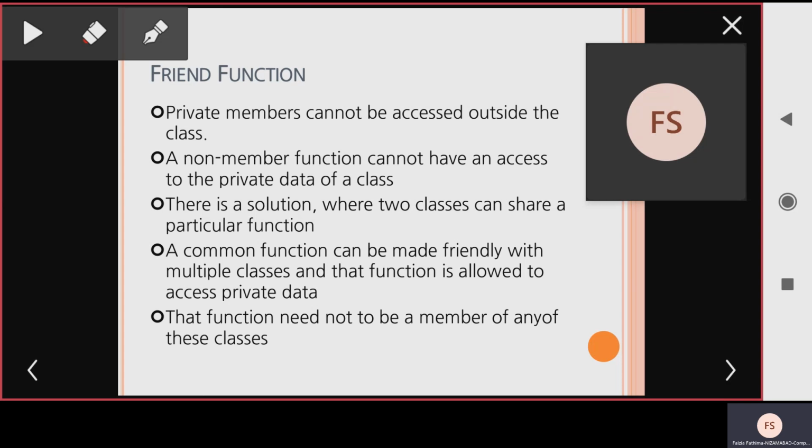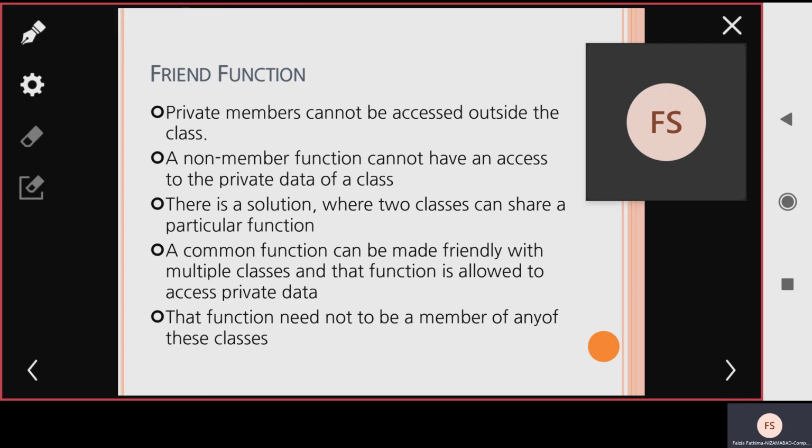We already know friend function. As we know, a class is divided into private and public parts. In private, you have private member functions and private data members, as well as public data members and public member functions.